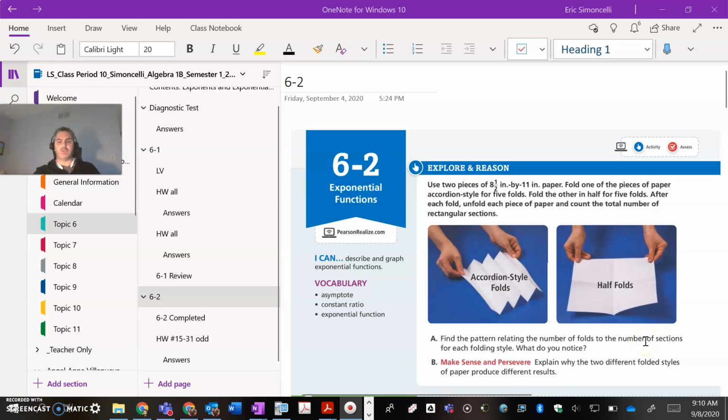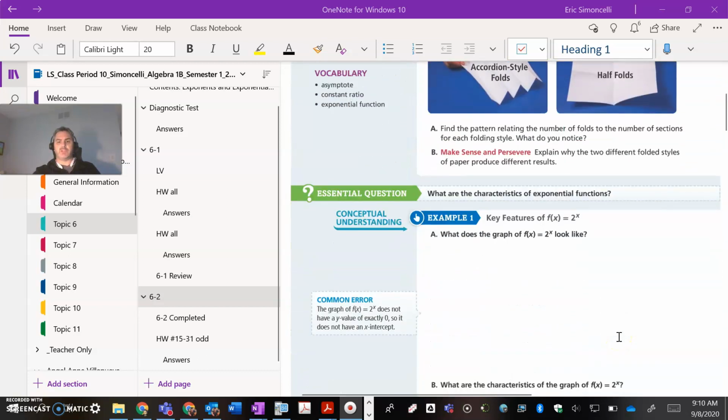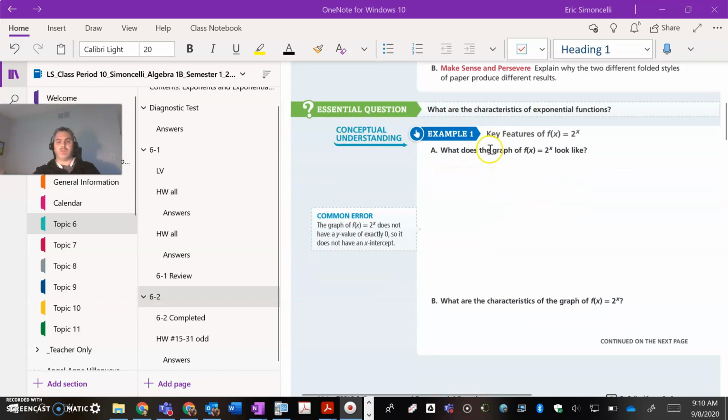The modeling that we do will eventually lead to this type of application. So for the first example, it says key features of f of x equals 2 raised to the x power. Part A, what does the graph of f of x equals 2 to the x look like? Here's how I'm going to present things for you today. The first thing we're going to do is highlight a table. The table and graph show f of x equals 2 to the x. So as I scroll down,